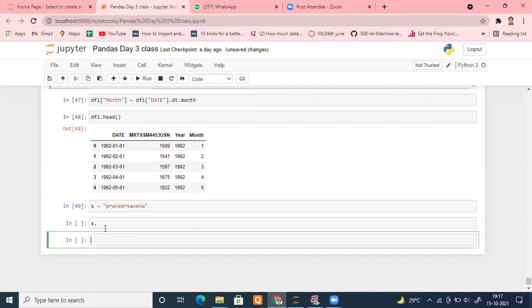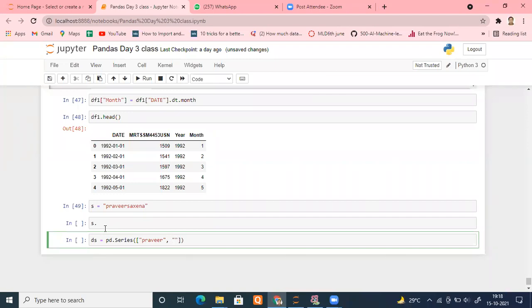For example, let me create a series for you. Suppose I'm creating my own series, ds. I'm putting the name for the series, pd.Series, and inside this I'm passing a list having the elements, suppose Pravir. Everything is a string, or you can even put numbers, it doesn't matter.